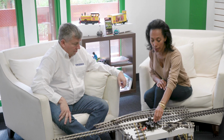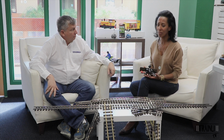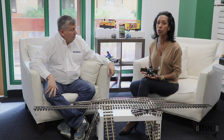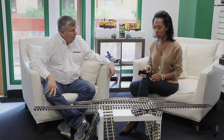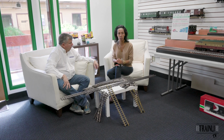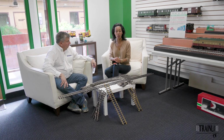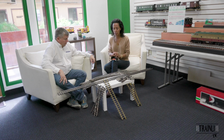One of the products which literally launched this company is our rail bender, and we've sold at least over 5,000 of these. It is one of the key tools to have when you are going to do your layout, because it simplifies things for you. You're able to make any curves that you want. Or if the next season comes around, spring is here, you want to begin to run your trains and cars, and you realize that it has changed a little bit,